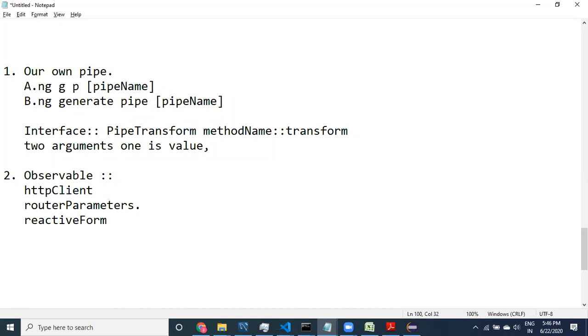Next, the arguments are related to extra values. Here we have used extra values.